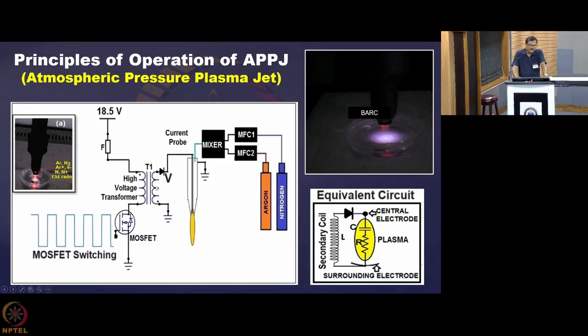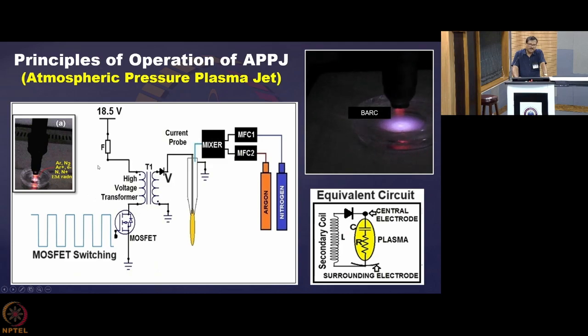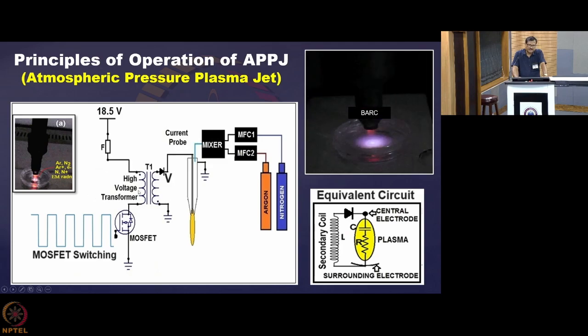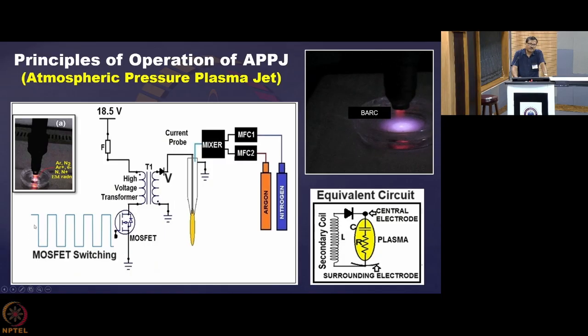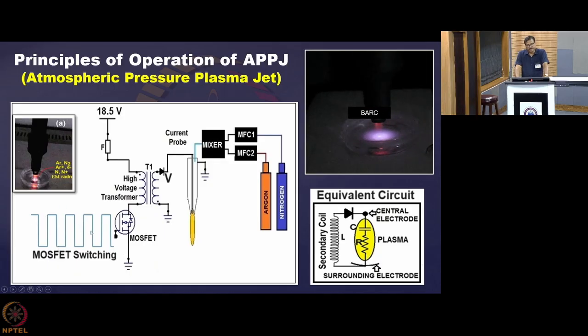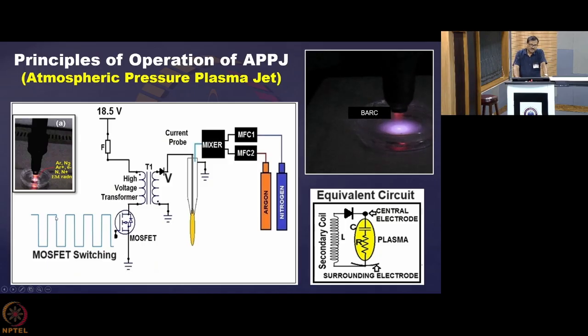So here you are seeing a transformer, this is the primary, this is the secondary. Whenever you change a flux in the primary, a flux is induced in the secondary as well. Now what we are doing here, we are using a rectangular wave. Whenever there is a falling edge,